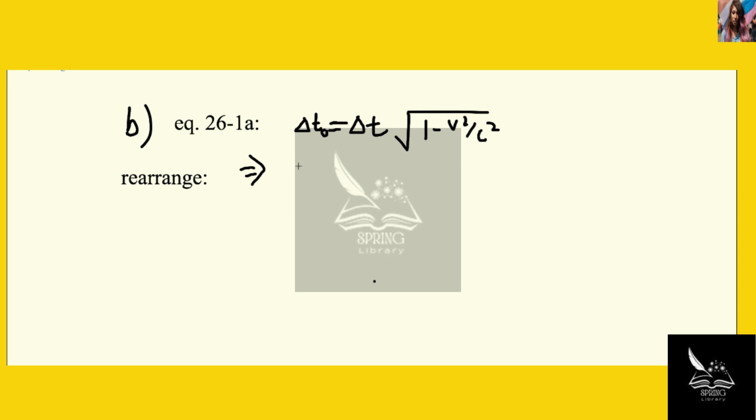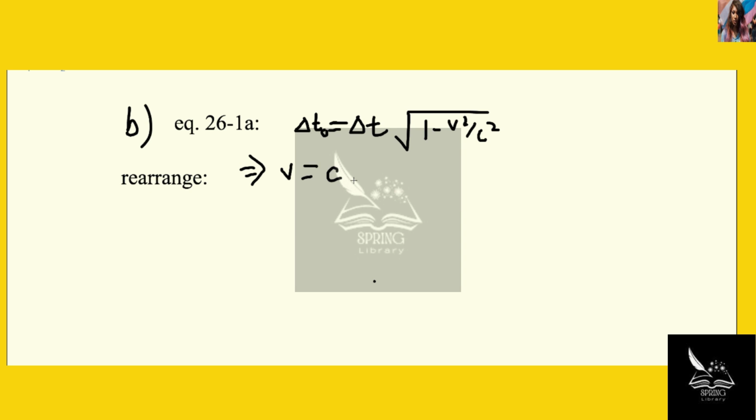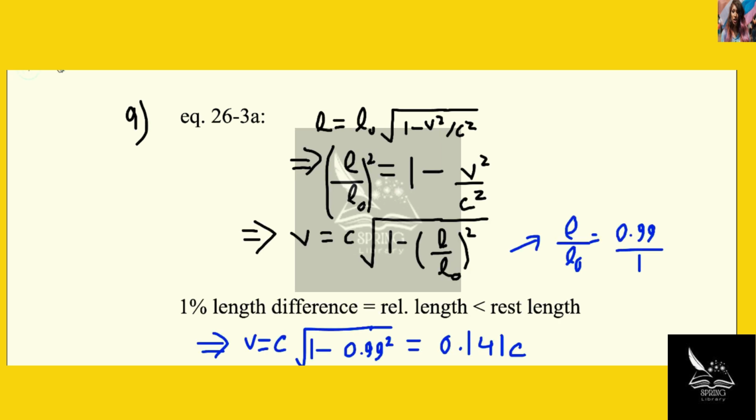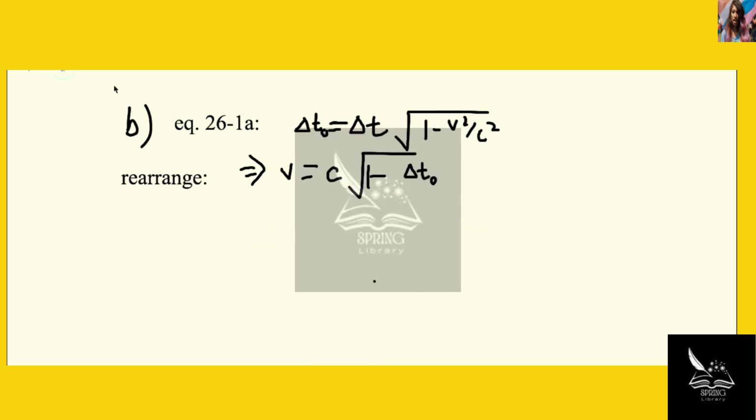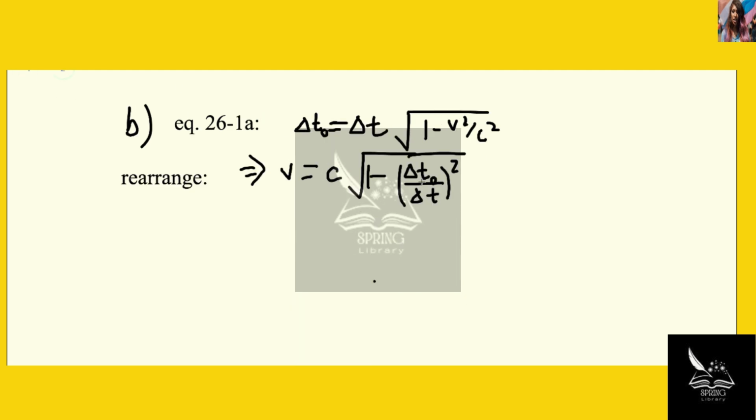What you get is that v equals, in pretty much the same way, c times the square root of 1 minus (delta T naught over delta T) squared, because as we see here, delta T naught is on the left-hand side, and here L, the moving length, is on the left-hand side. So now,